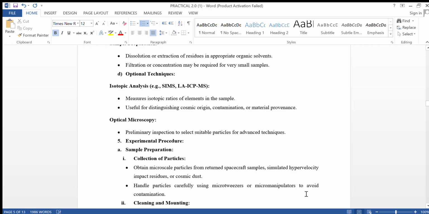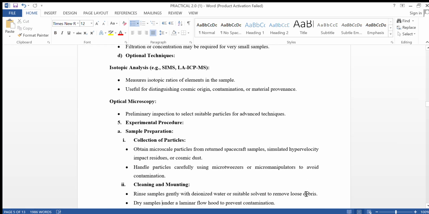Optical microscopy, preliminary inspection to select suitable particles for advanced techniques. Last but not the least, experimental procedure. Sample preparation, collection of particles, obtain microscale particles from